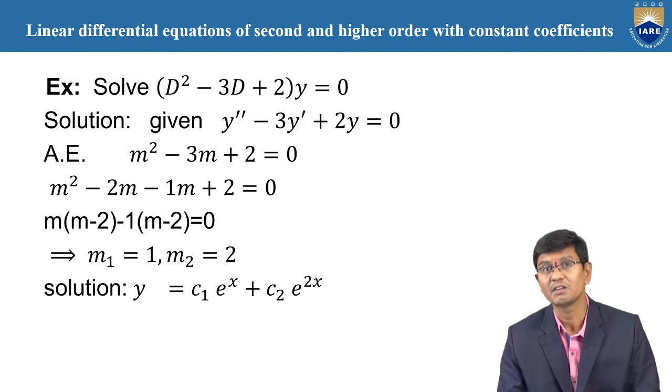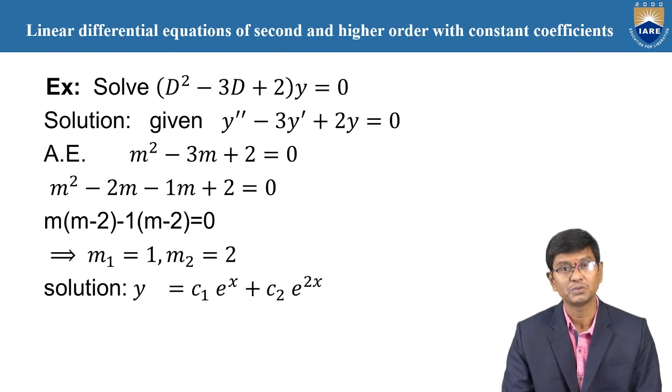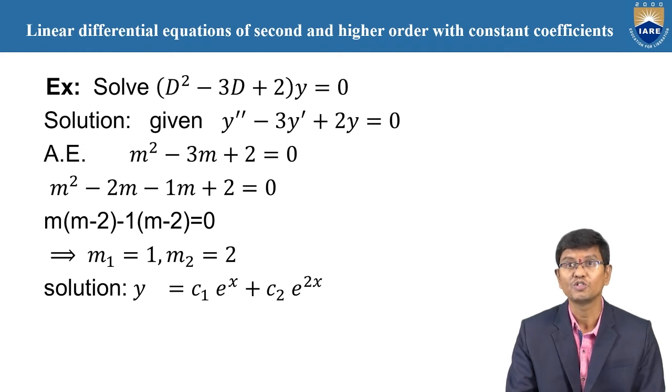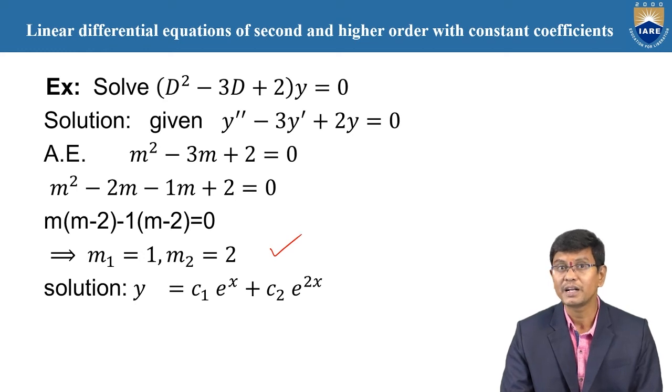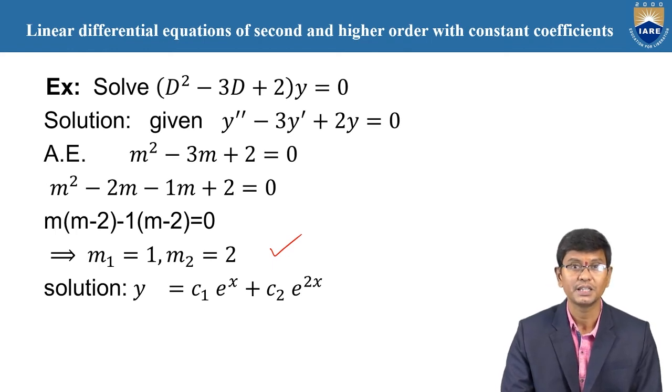Therefore, by solving the equation, you obtain the 2 roots only. Here, by solving this equation using the synthetic or factorization method, you obtain clearly m is equal to 1, 2, two roots only. Here, 1 and 2 are unrepeated, that is, different roots only. Therefore, according to the different roots, y is equal to c1 into e power m1x plus c2 into e power of m2x. But here m1 is equal to 1, m2 is equal to 2. Therefore, y is equal to c1 into e power x plus c2 into e power of 2x is the solution.